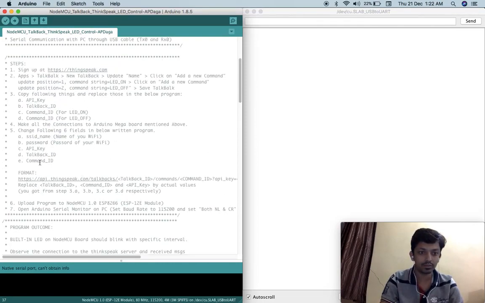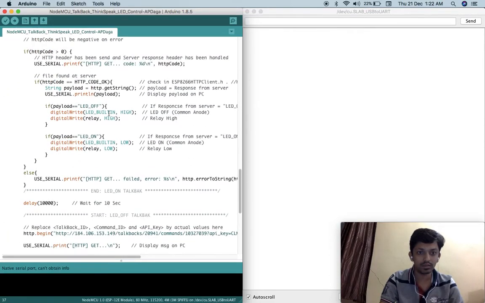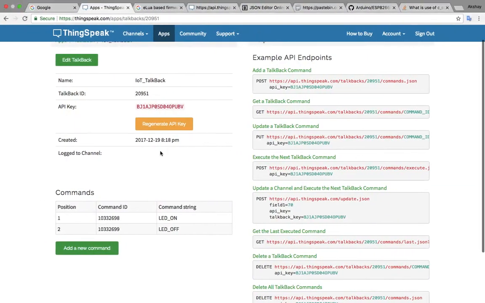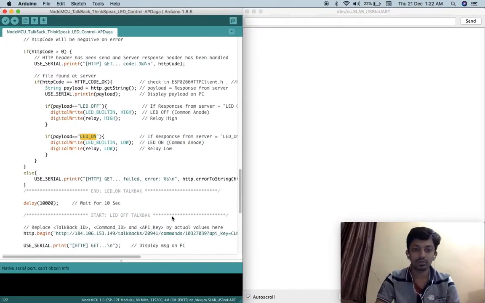You need to replace these things, and along with that, these are the strings LED on and LED off that I have mentioned here. Just because the command strings I have mentioned here are LED on and off. If you change this, you have to make those changes in the code also.